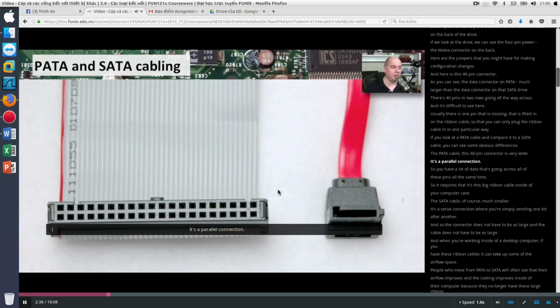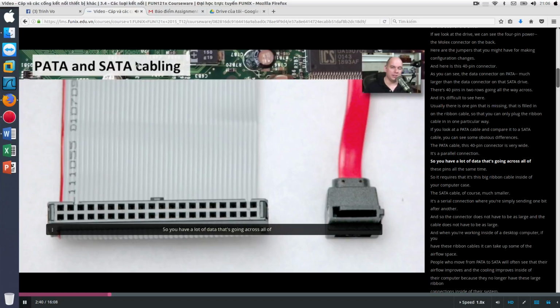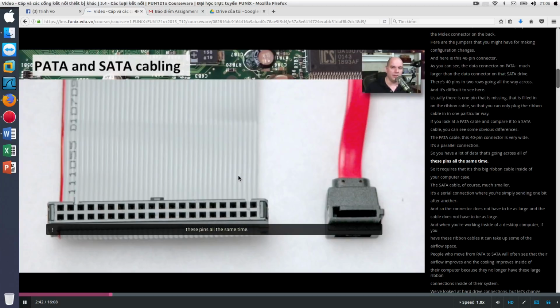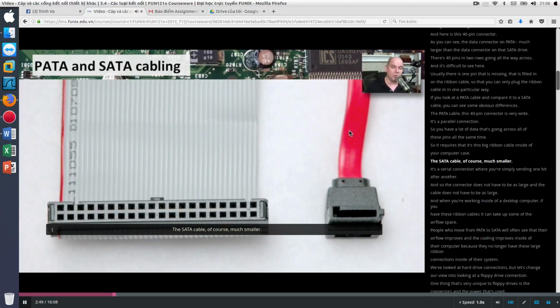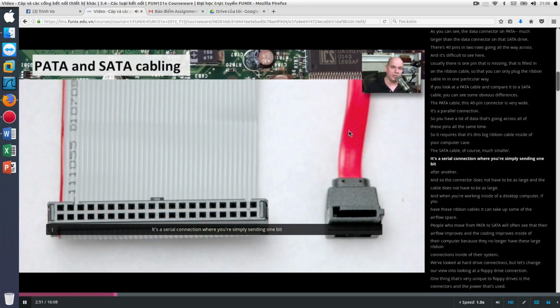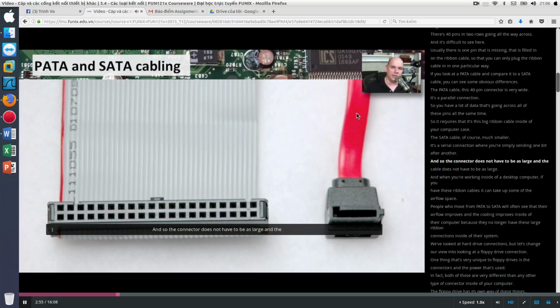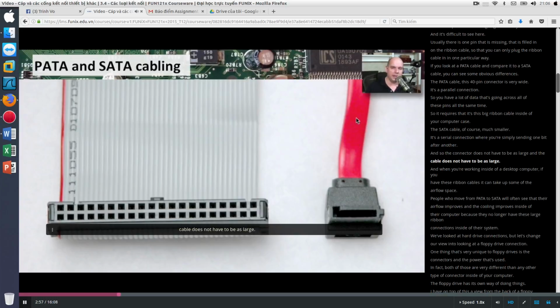It's a parallel connection. So you have a lot of data that's going across all of these pins all at the same time. So it requires that it's this big ribbon cable inside of your computer case. The SATA cable, of course, much smaller. It's a serial connection where you're simply sending one bit after another. And so the connector does not have to be as large, and the cable does not have to be as